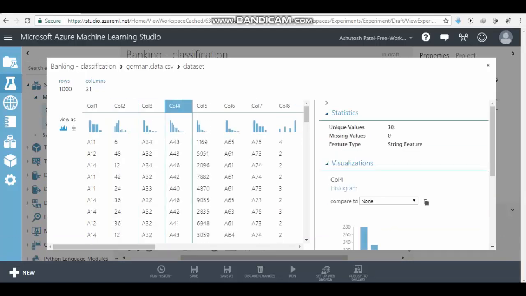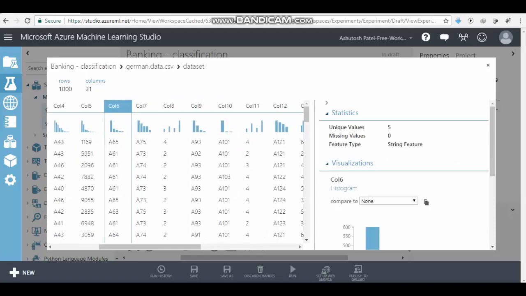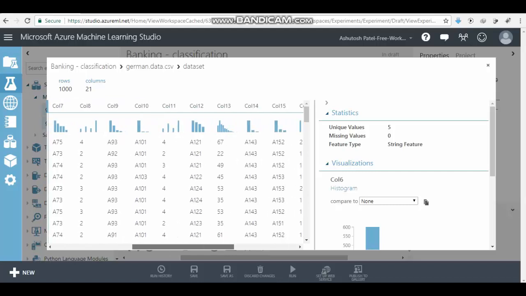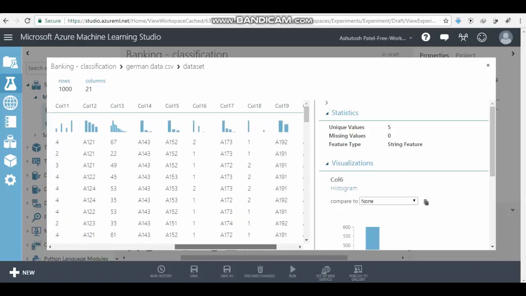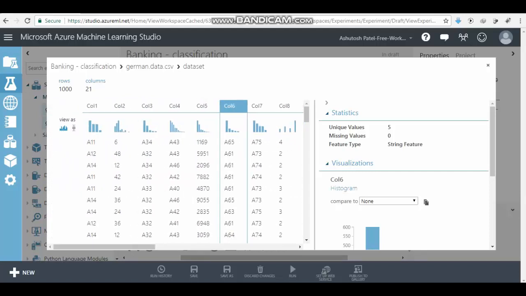So here you can see this dataset is definitely not a furnished dataset. We need to work a lot on this dataset so that it can be used for training purposes. You can see here headers are missing. Also there would be missing values.